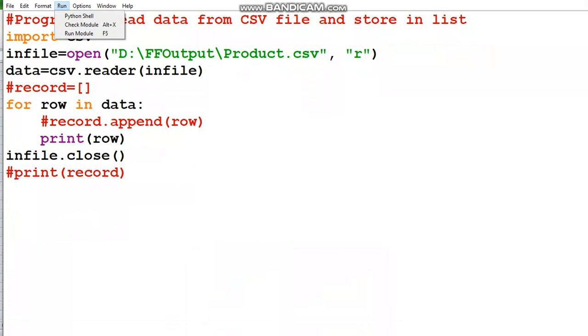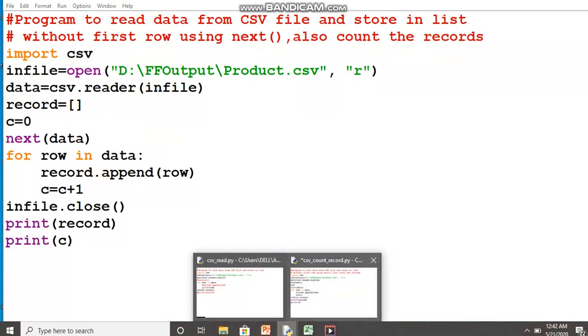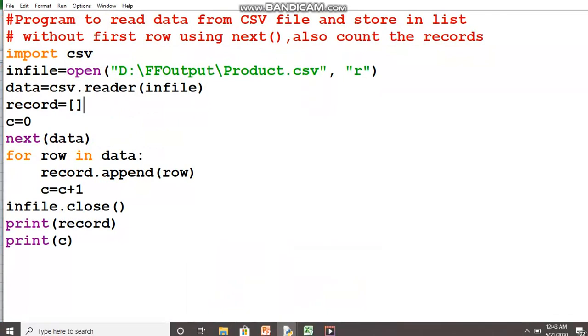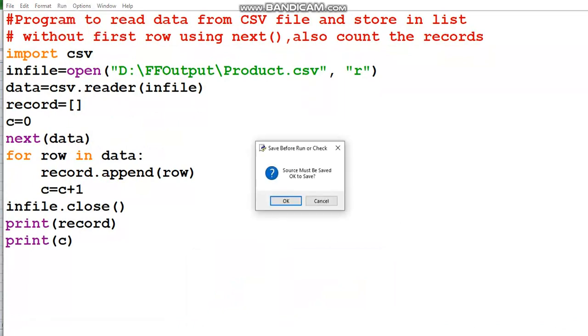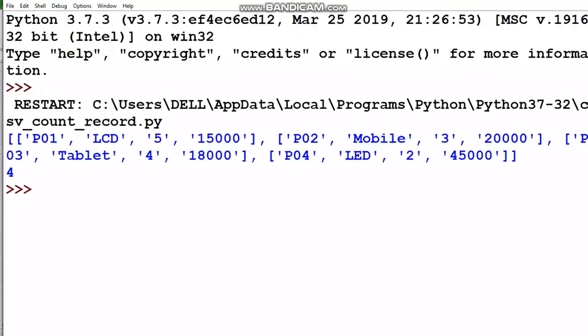This is just the previous file, the next one. So we were using the next function and counting the number of records. So it hasn't read the header record because I have used the next function.